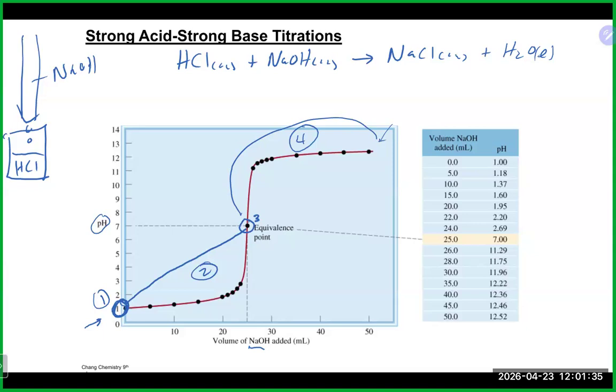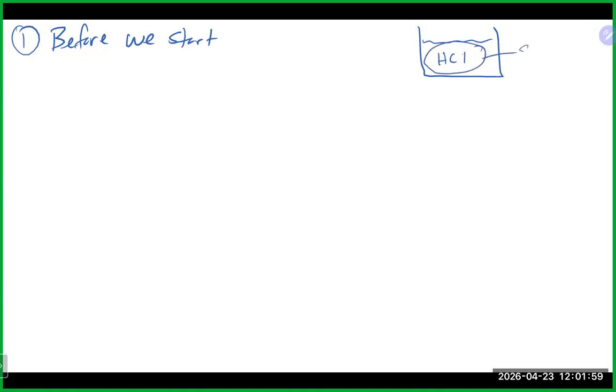So let's start with our first part of this titration curve, which is before we begin. And obviously here, before we start the titration, we haven't added any sodium hydroxide in this case. Pretty much the only thing sitting in my beaker or flask is a little HCl. And HCl is what type of acid? That is a strong acid, which means in reality, in my little beaker H plus is floating around, and Cl minus is floating around since it is a strong acid. That means at this point, if I want the pH of a strong acid, you could just go right